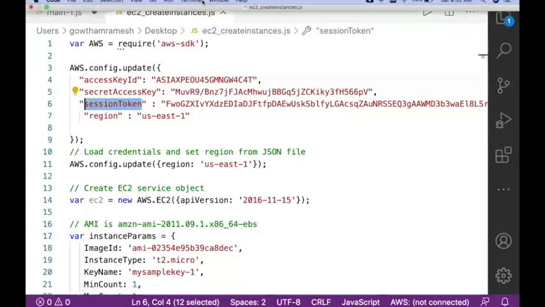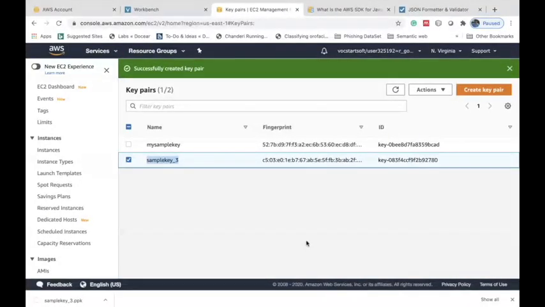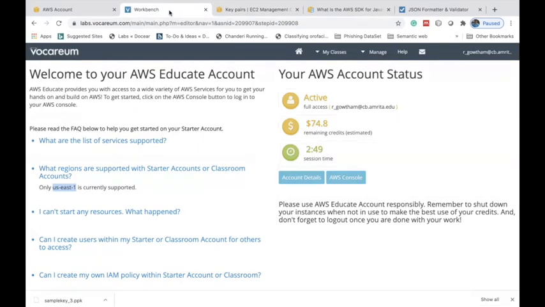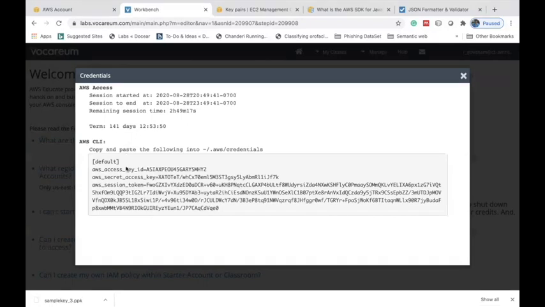Go back to your web browser. Go back to your login. Go to your account details. Click on show, and you will have your session token here.